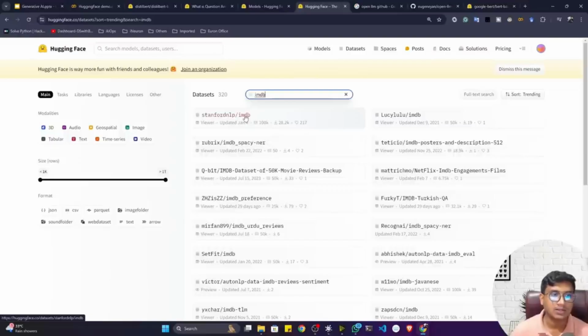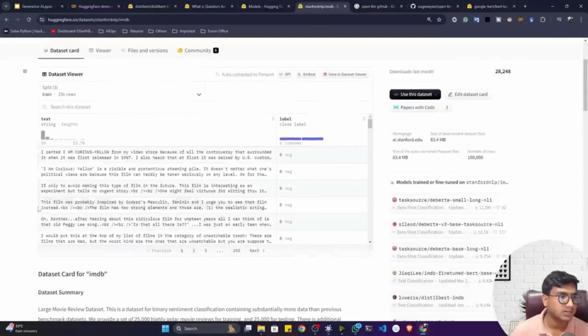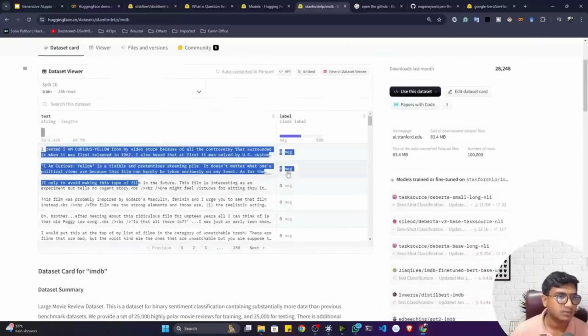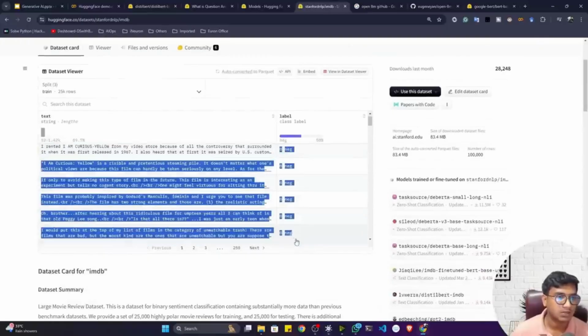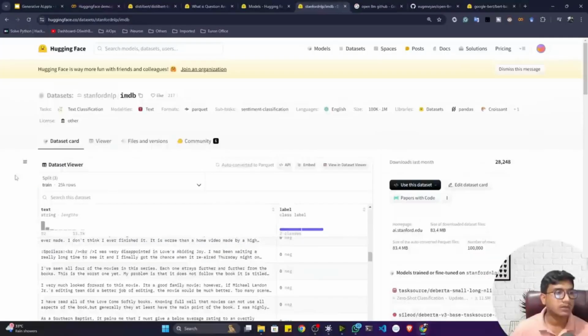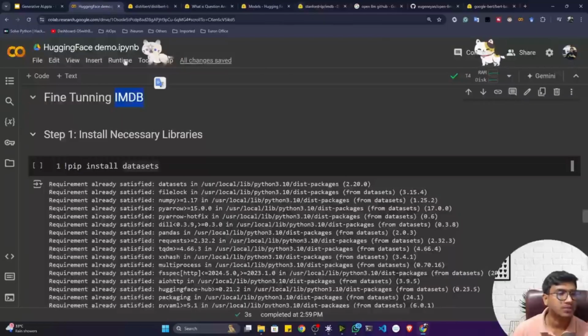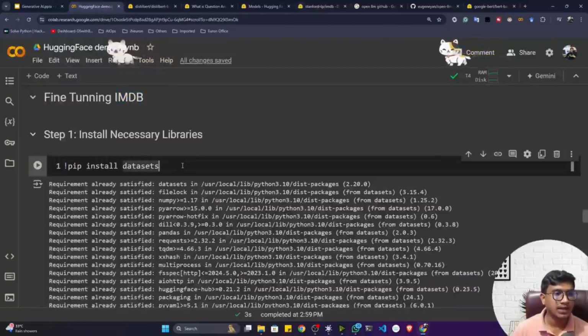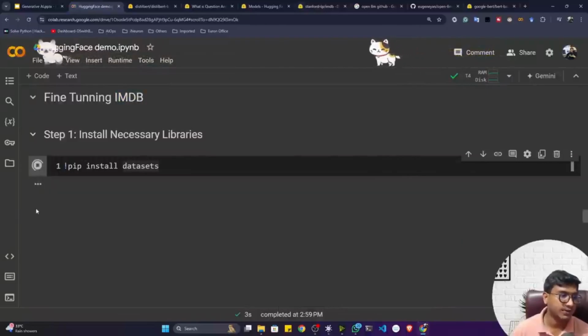See, this is the IMDb dataset. This is a movie reviews dataset. Here you have the movies, and based on that you have the reviews, whether negative or positive. So here we'll be fine tuning one text classification model. That means we'll be performing sentiment analysis. This is our main objective. If you want to use a Hugging Face dataset, you have to install one library called datasets. So first of all, install datasets,